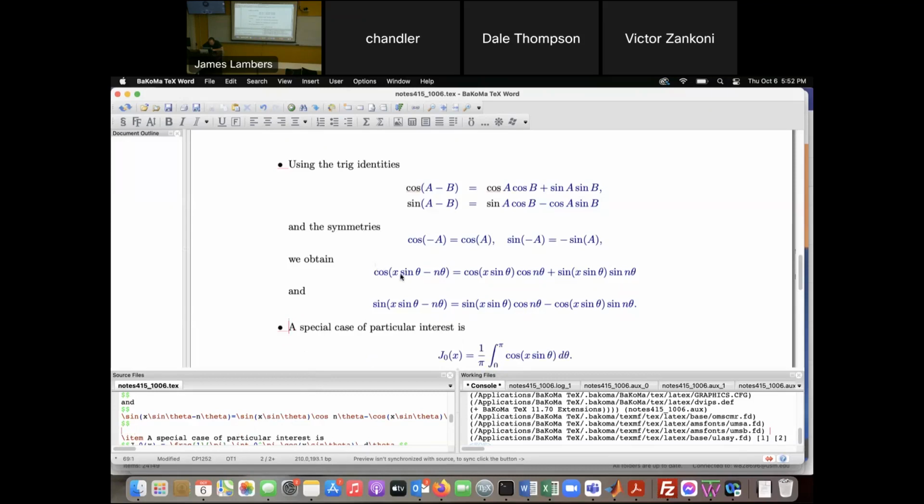So if we use these formulas exactly as I've written them, for theta between 0 and pi,